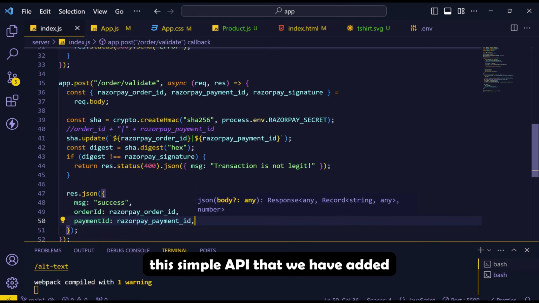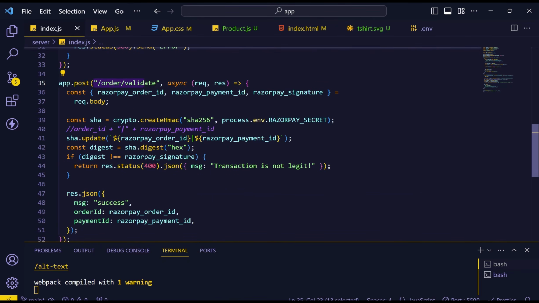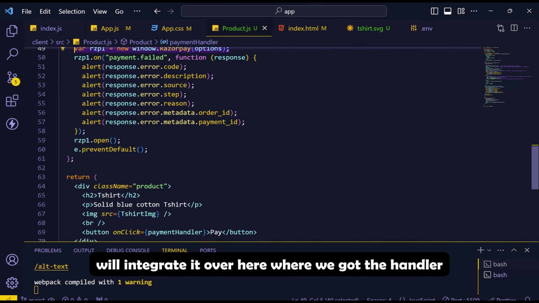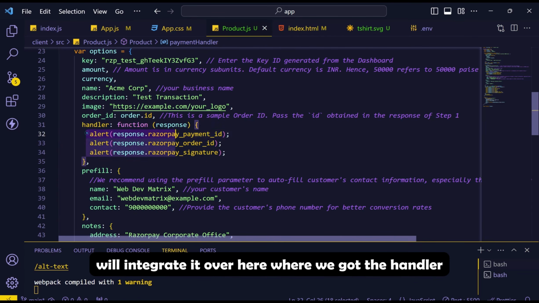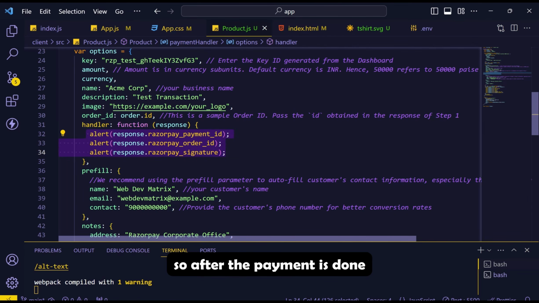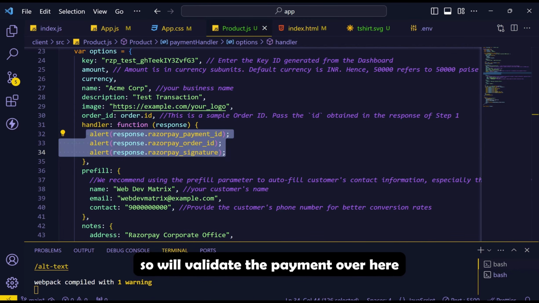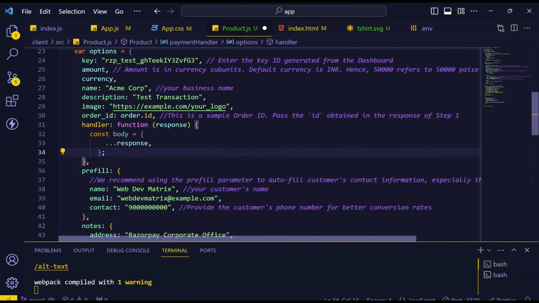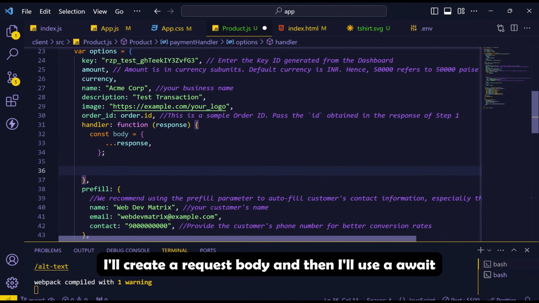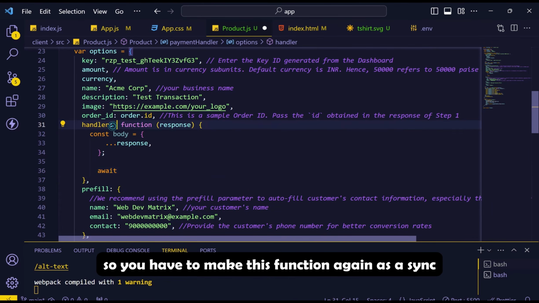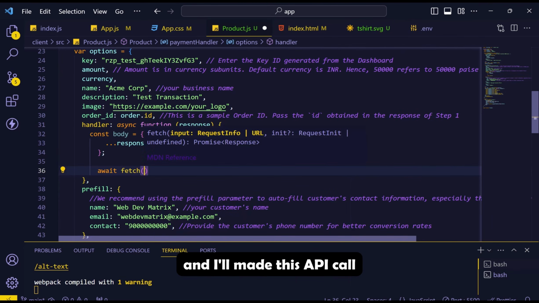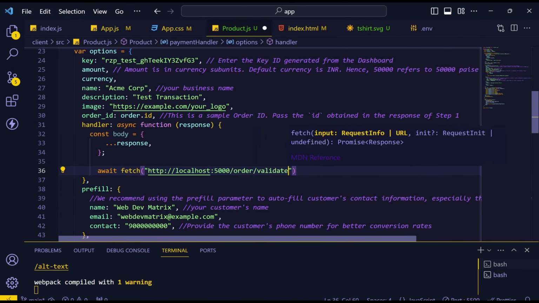This is a simple API that we have added. Now we have to integrate this API. We'll integrate it over here where we got the handler. So after the payment is done, the control goes to the handler. So we'll validate the payment over here and we'll make the new API call. Instead of alert, I'll create a request body and then I'll use await. So you have to make this function async again, and I'll make this API call to /validate, which is a POST